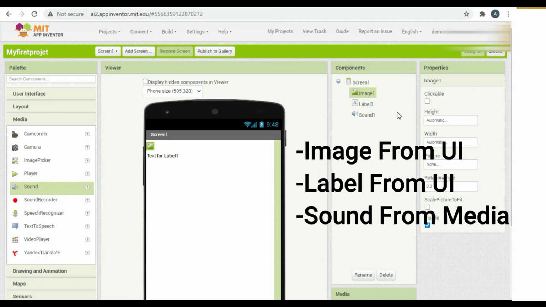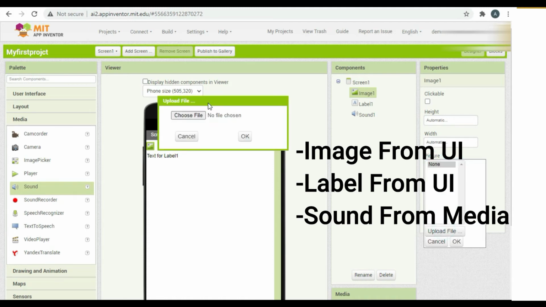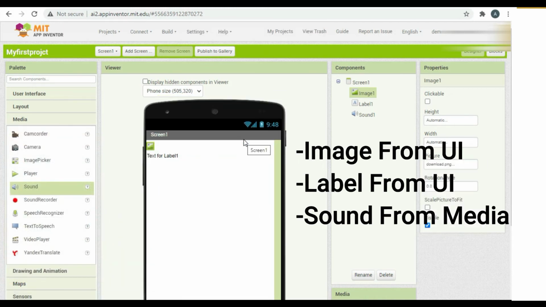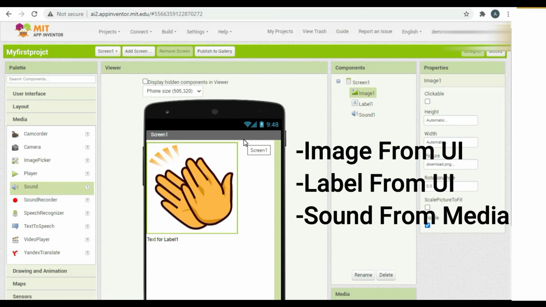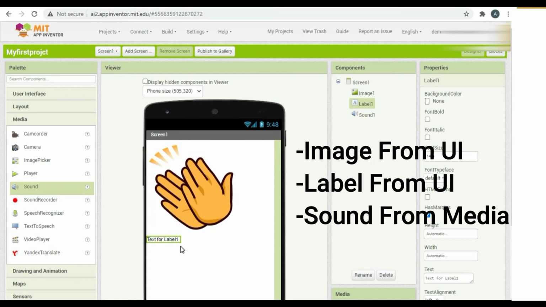To set it as the image, you just have to go to picture, click on none, click on upload file, choose a file, then choose the file. So now I have selected the clap image.